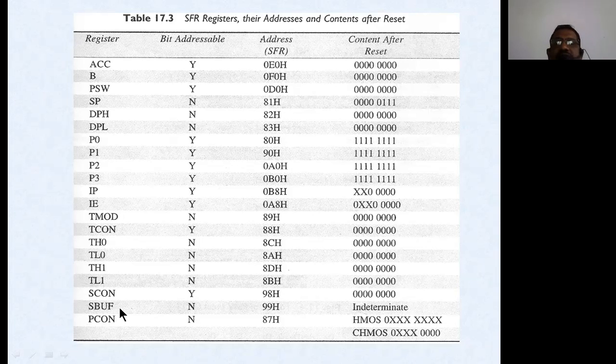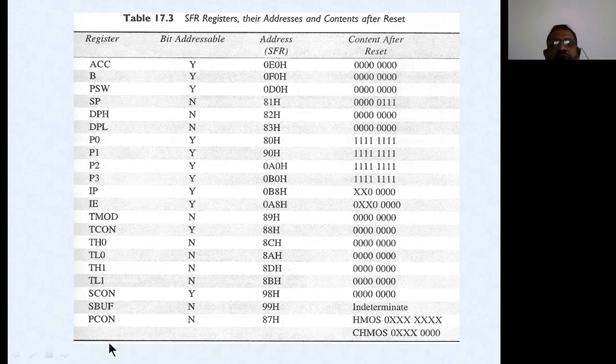And the SCON register, the serial communication register, is also going to be 0. SBUF: what is going to be in SBUF? Intermediate data. SBUF is not simply going to become 0 once you reset. Whatever data was there previously will be there in the SBUF register.